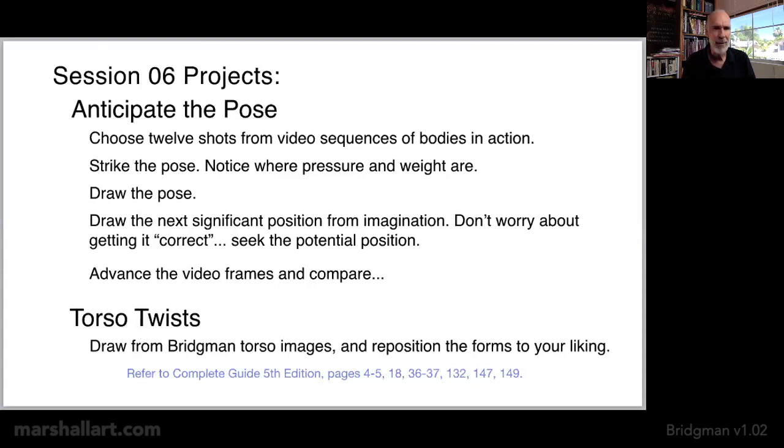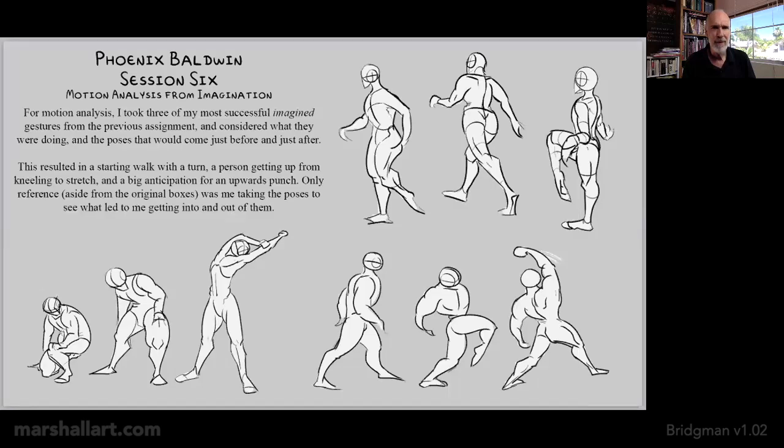Not many people did torso twists, but Phoenix took 3 of his most successful imagined gestures from the previous assignment and considered what they were doing and the poses that would come just before and just after. This resulted in a starting walk with a turn, getting up from kneeling to stretch,